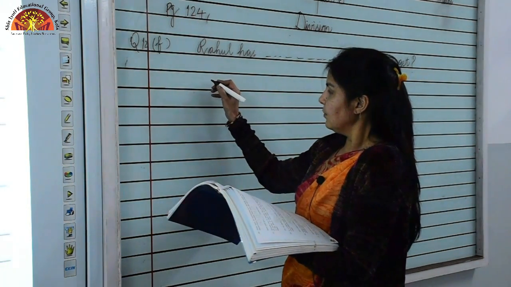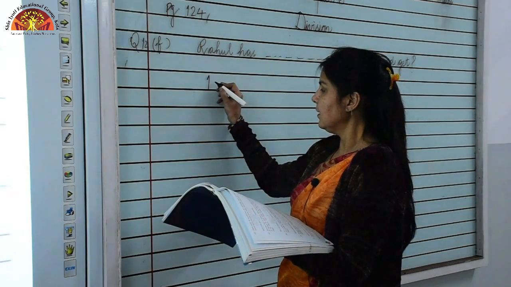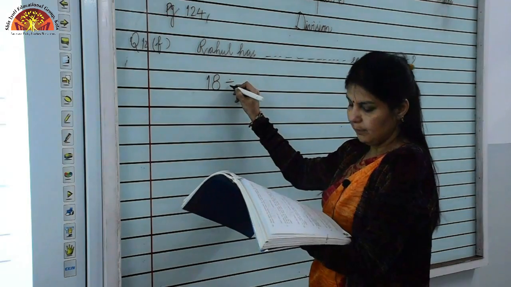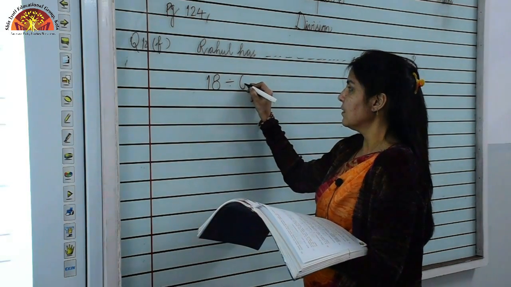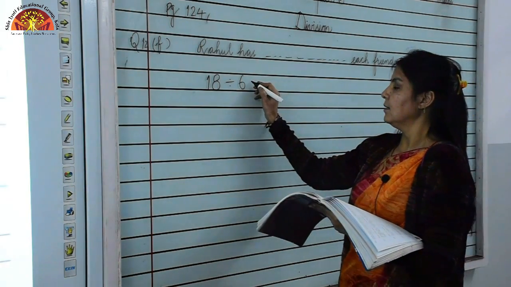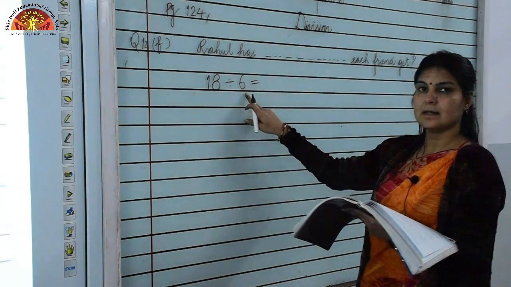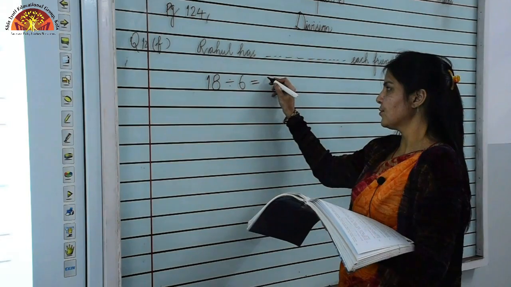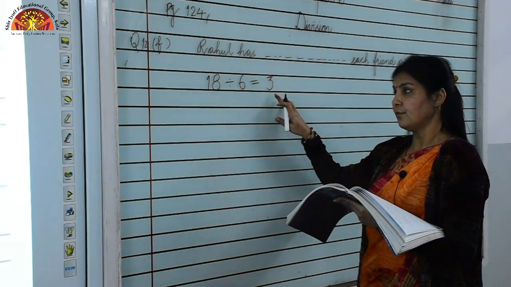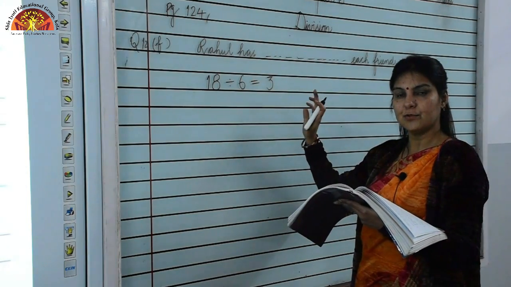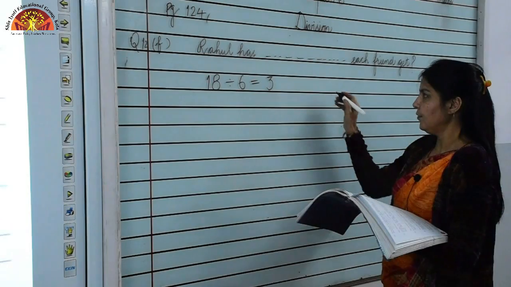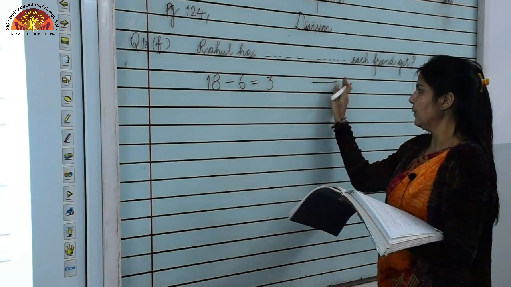For doing distribution, we have to divide. So which number will we divide here? 18 samosas we will divide among 6 friends. So we will divide 18 by 6. In the table of 6, 18 will come 3 times. So we will write 3 here. So we can say that each child will get 3 samosas. Now we will see this sum in the long method.